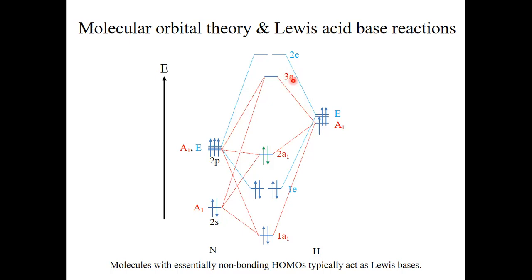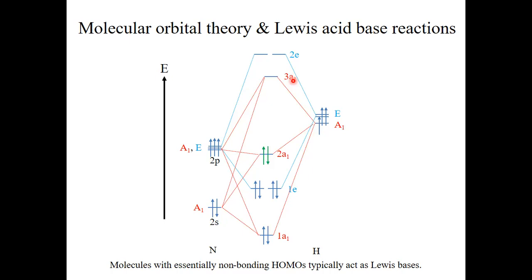So now, why is an approximately non-bonding highest occupied molecular orbital ideal for Lewis basicity? Okay, so first of all, the orbital of course has to be filled, otherwise no electrons could be donated. And in addition to that, the orbital should not be too high in energy, nor should it be too low in energy,